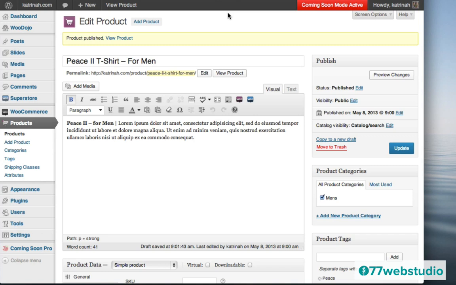So once the product has been published, the next step is you can either view the product or you can add a new product. In the essence of time, I'm just going to go directly to add a new product, and we'll view all of the products in just a few moments when I've added more products to the site. So the next thing I want to do is add a product by clicking on Add Product right here on the top.